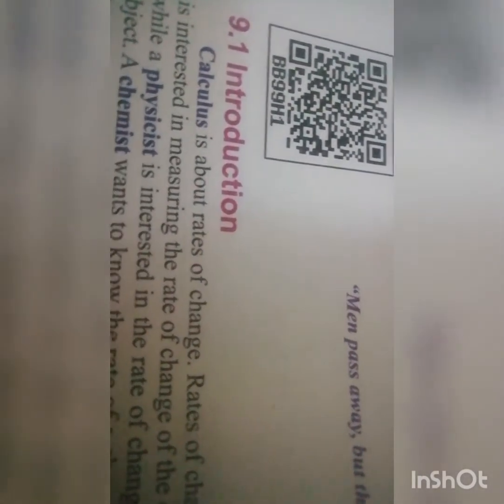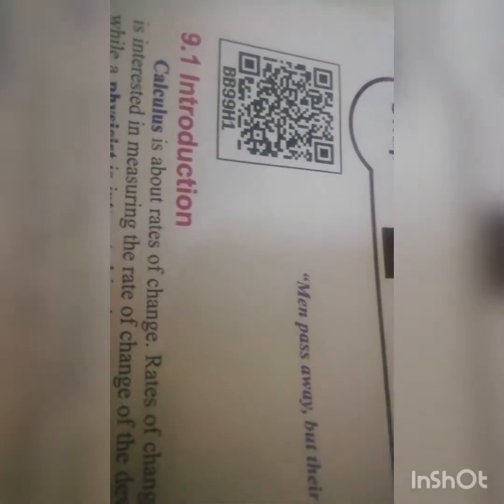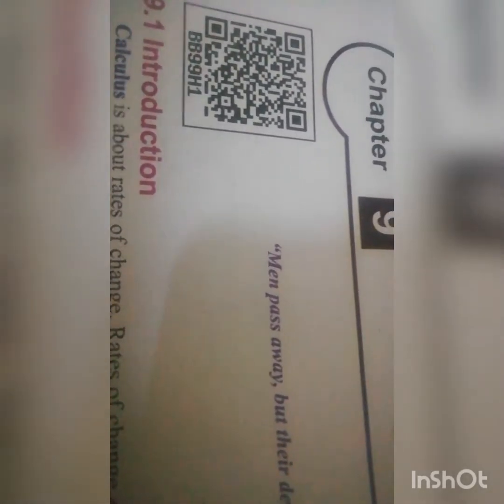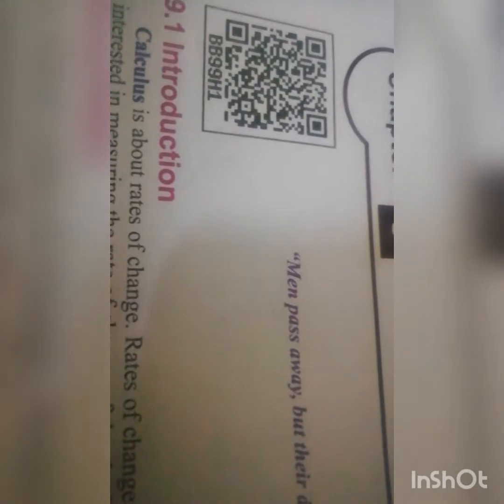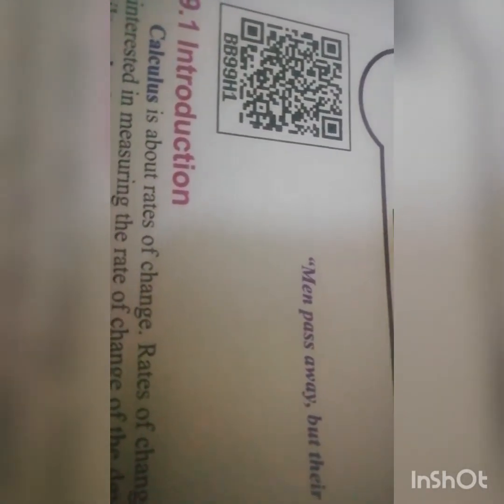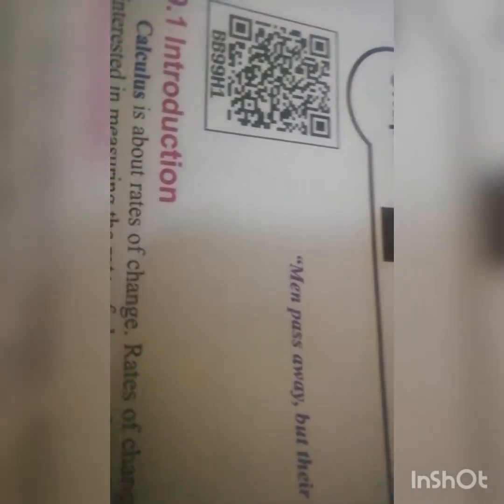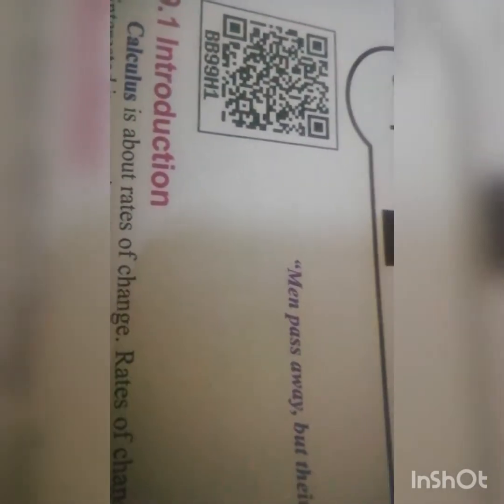So this function exists for all values of x. That function is y is equal to x square, I told you. So y exists for all values of x. We can put any value, we get the answer. So that function exists for the entire set of values. If it exists for the entire set of values, it can be said x belongs to R. R means the set of all real values.